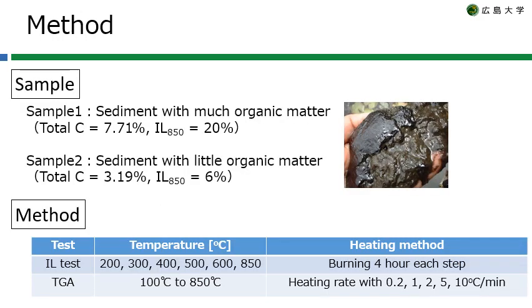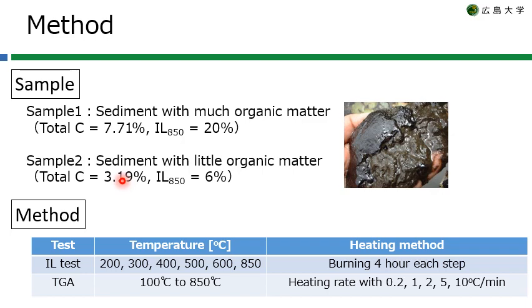This slide shows the method in this study. I use two types of sediment. Sample 1 is sediment with much organic matter, with total C of 7.71%. Sample 2 is sediment with little organic matter. Total C is 3.19%. This sample was sieved